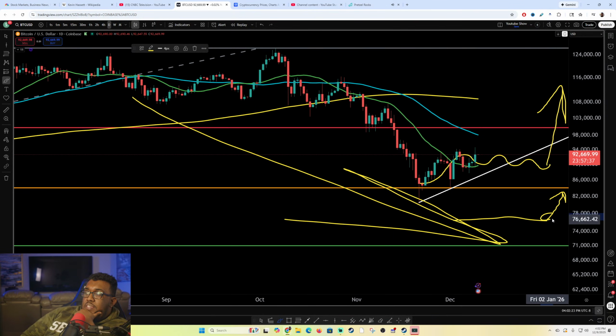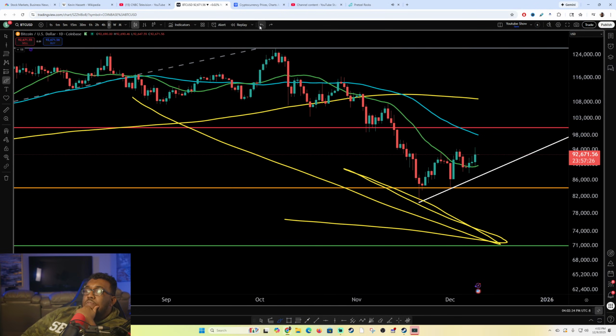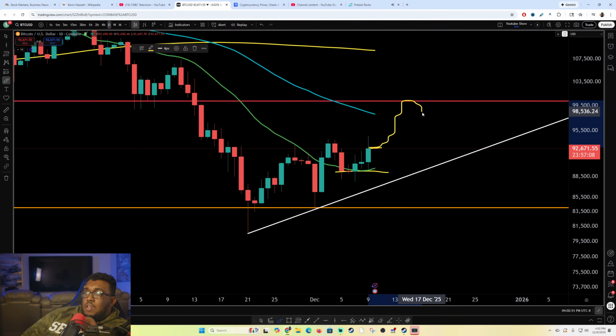And the moment the momentum starts to shift for us, as you guys know with MACDs and stochastics and the crossovers, that's when we can buy over here and take part in those gains. It's just going to be so difficult to wait for that because that's not going to happen for months. If you guys are day traders or want to make some easy money, you're going to have to buy right now around $93,000, have a stop loss around $89,000, and then see if you can get all the way back up towards $98,000 to $99,000, maybe up to $100,000, and sell right here.